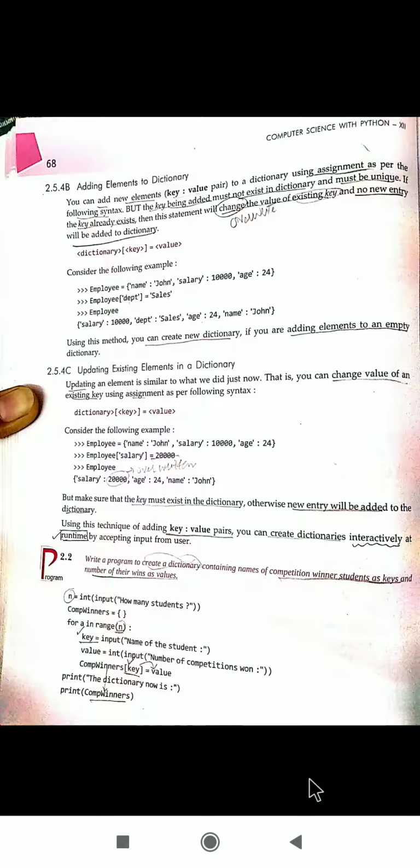Welcome back, students. This is part 2 of today's lecture. Let us now continue with program 2.2. Write a program to create a dictionary